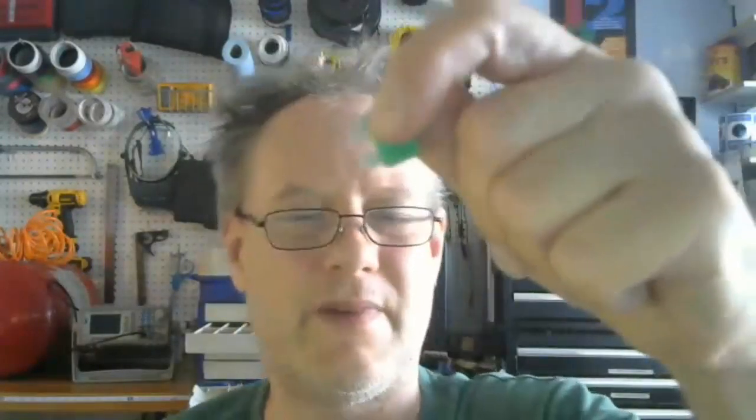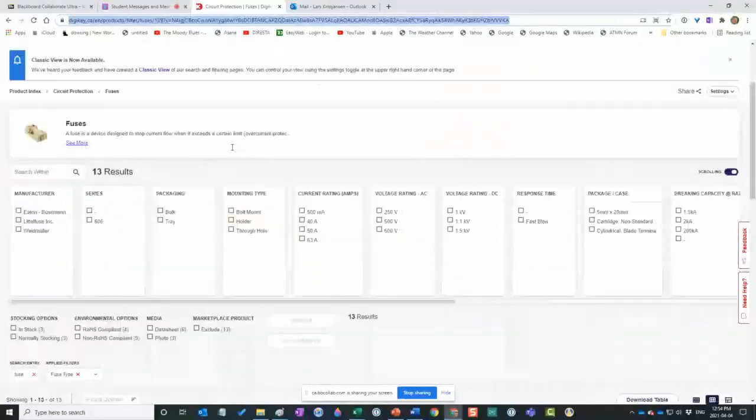These fuses you'll find in cars. Right? These fuses you'll find in cars. I was kind of looking for those on DigiKey, but I don't think they actually sell them on DigiKey. You have to actually go to Canadian Tire or an automotive place that sells those. So those are fuses. But what I wanted to do was show you the different